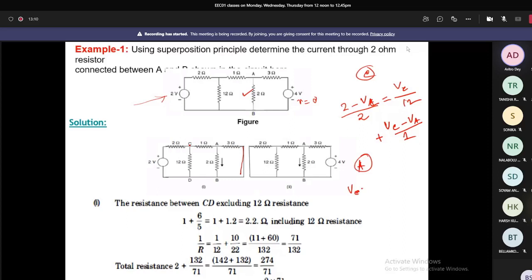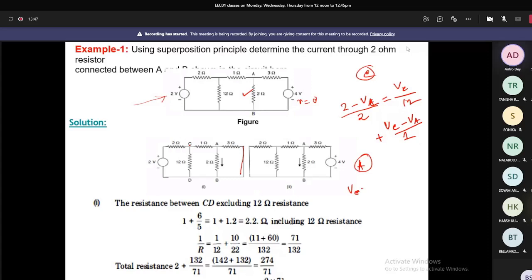resistor. And one thing I always recommend to check: once you solve using the superposition theorem, you can always try loop analysis or node analysis, and through that you can solve the current through the RAB, I mean the 2 ohm resistor, right? So you can cross check whatever you are getting through superposition, whether it is valid, by solving with loop analysis or mesh analysis. Okay. Any doubt so far here? This is the first example, right? So any doubt?